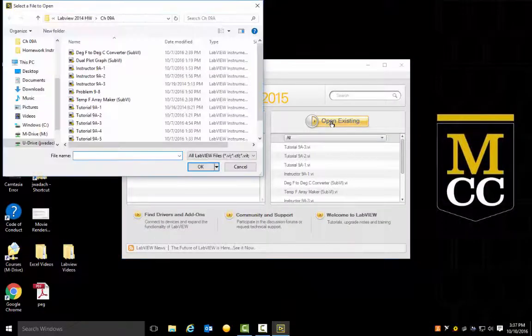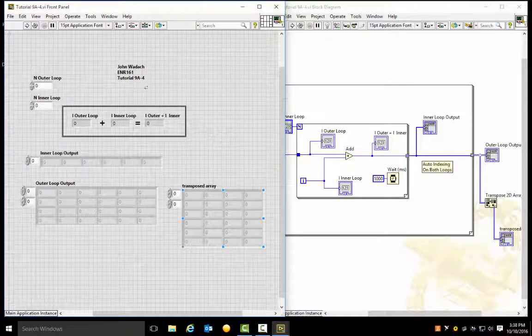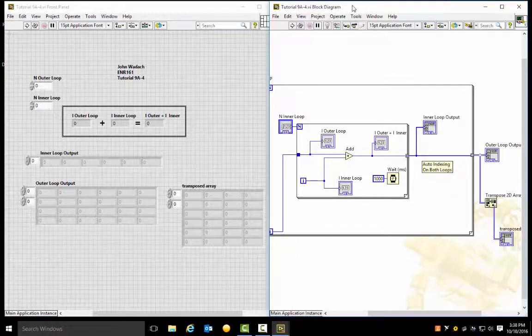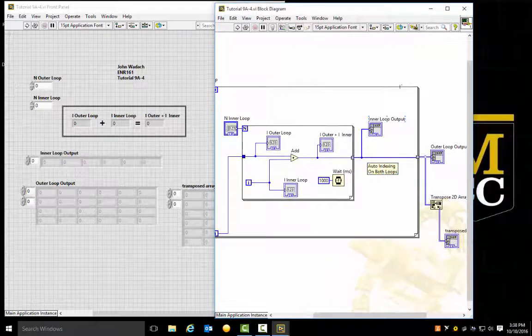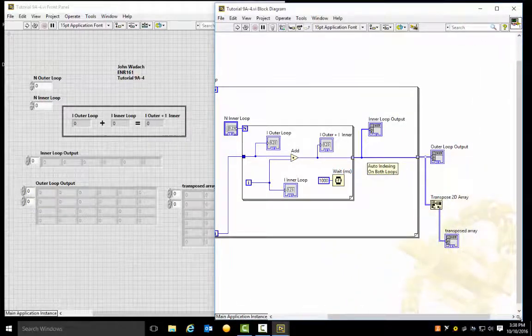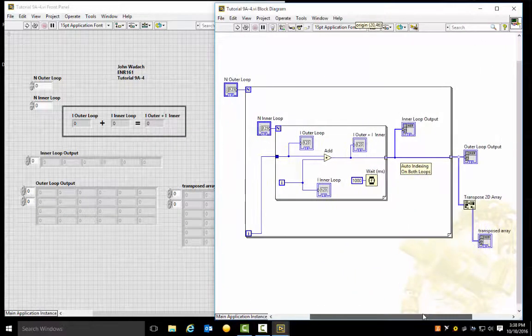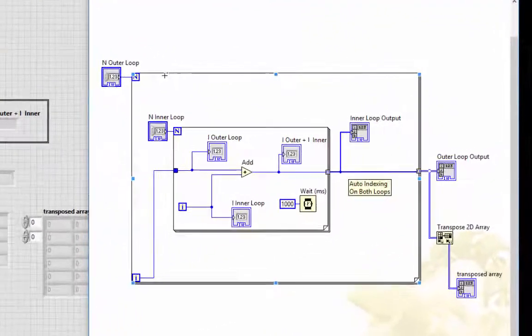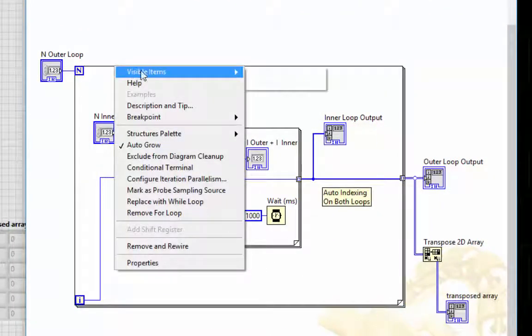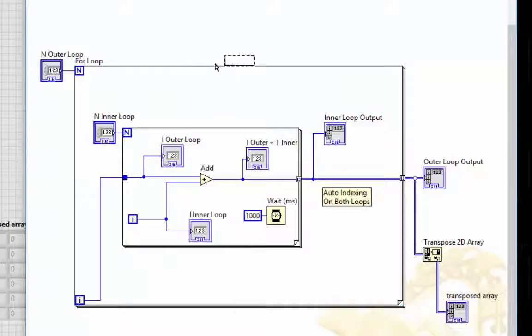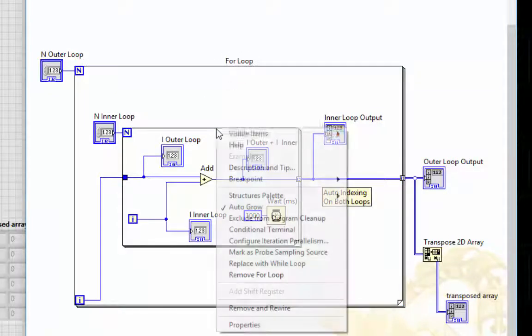And we're going to open up 9A4. On 9A4, what we're going to do is embed an inner for loop inside an outer for loop. All right. So let me just make this a little bit bigger so we can see the whole block diagram. All right, so you've got an outer for loop, and I should probably have a label on there, and we've got a for loop on the inside,